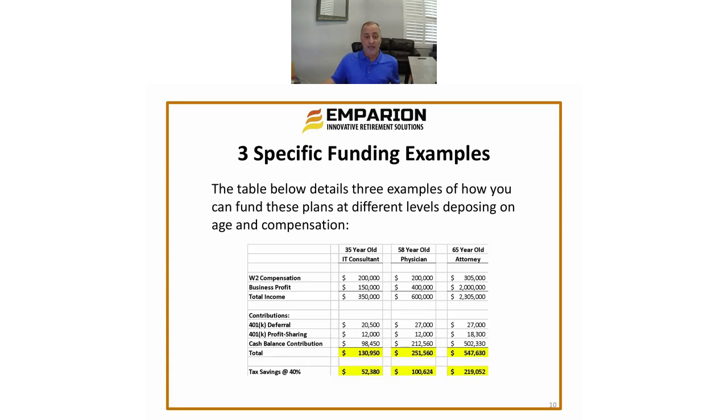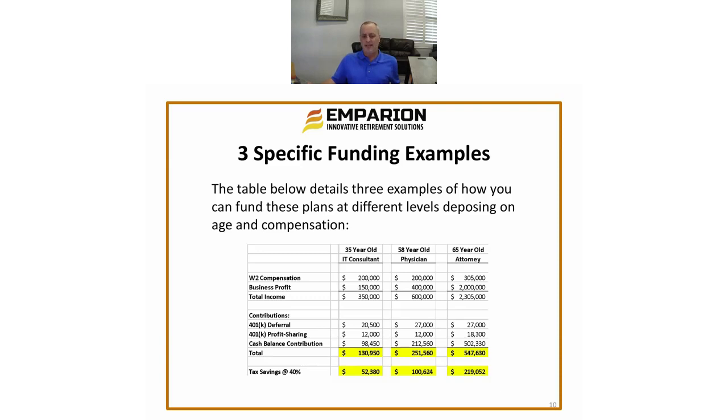They can do the 401k deferral of $20,500. That is on an individual level. They can also do a profit sharing. Remember, the profit sharing is capped at 6% of the W-2 compensation of the $200,000. So that's the $12,000. In this situation, the owner has a first-year contribution of